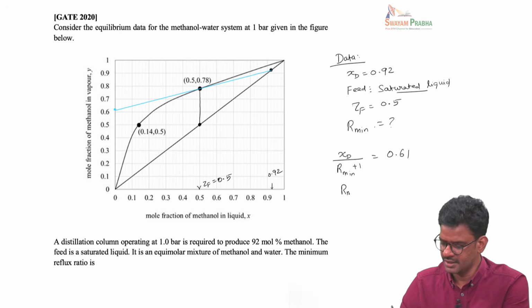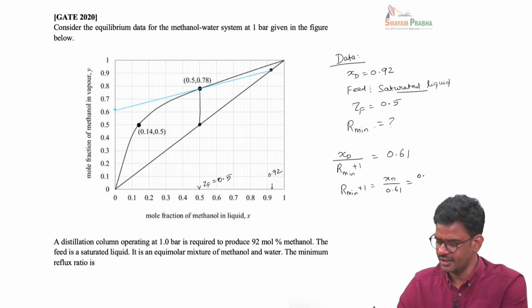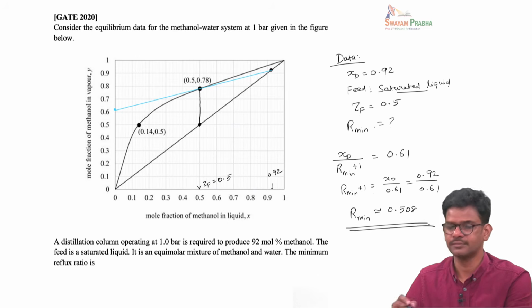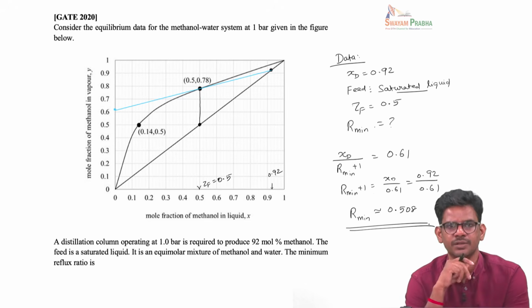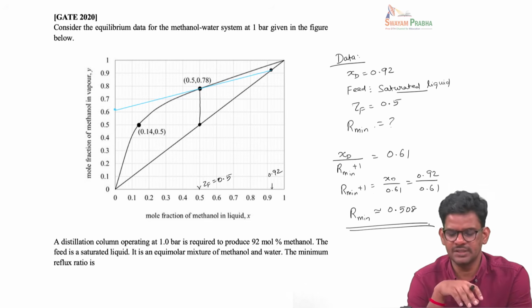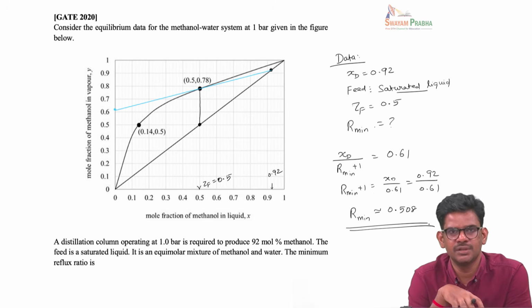So, from here R minimum plus 1 is equal to XD by 0.61, XD is 0.92, and from here if you solve for R minimum, you get something close to 0.508. So, this is an important problem because it allows us to find out the minimum reflux ratio from the enriching